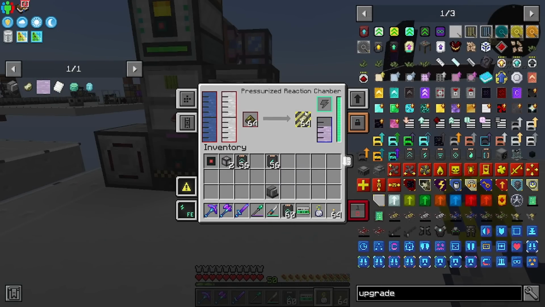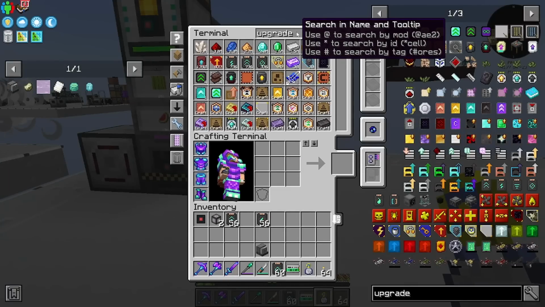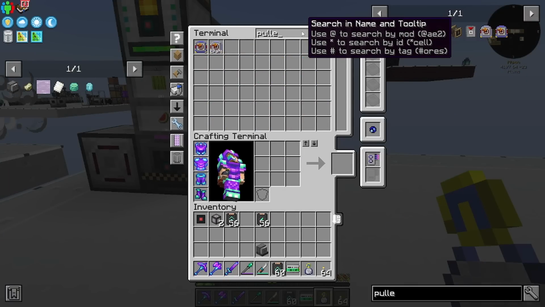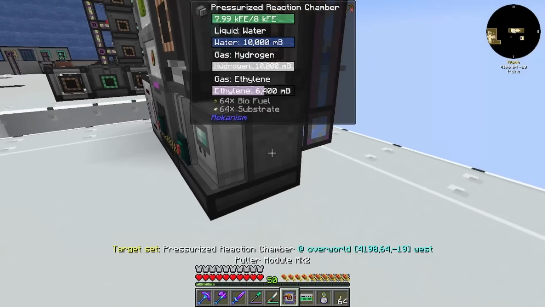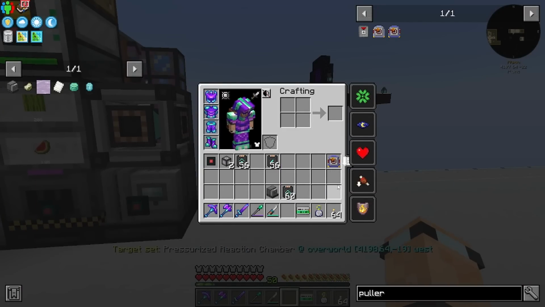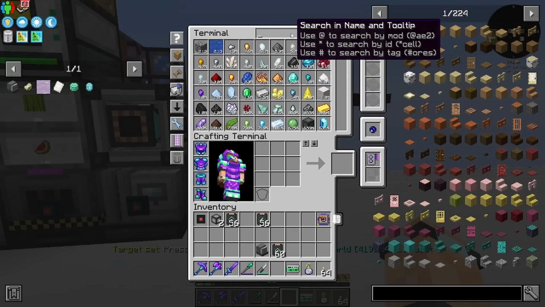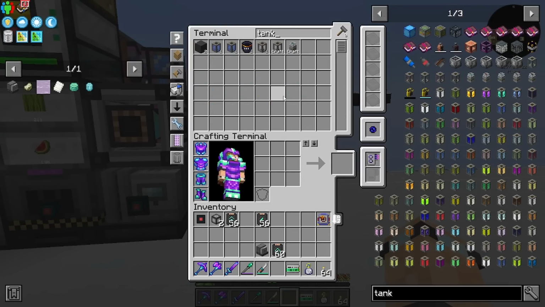So we can get the substrate out of that with a router. So that's what I'm going to do. Puller. So I can blink this. Blink. And then we can use a router later on to put that into a buffer chest, or probably a drawer. And then right there, if we grab a tank,